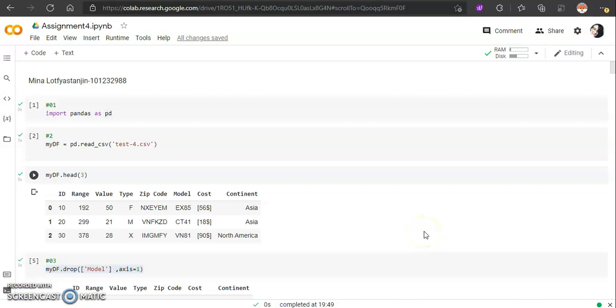Hello, this is Mina, and I'm going to give a short explanation of my last assignment for the data science course at George Brown College. First of all, import pandas as pd and read my CSV file, and name my data my